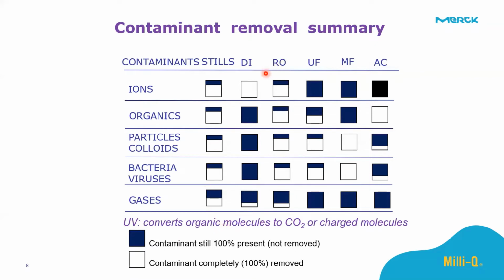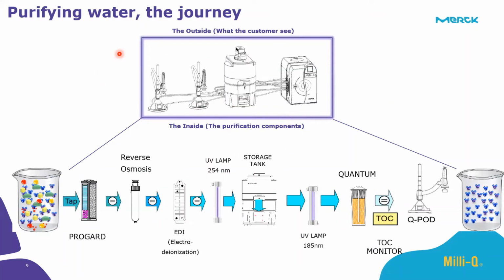But most water purification system manufacturing companies normally use reverse osmosis as one of their purification technologies in the system. But also something I would like to note is that none of them can remove everything alone. So a water purification system needs to combine these purification techniques to be able to remove all the contaminants. And that brings me to what you normally see in our water system.